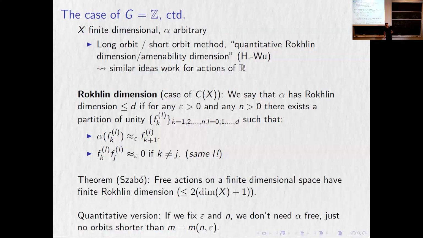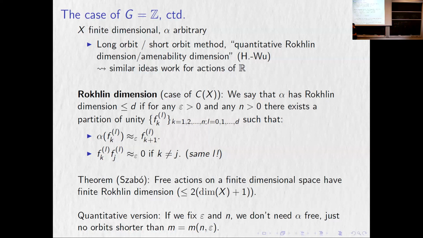And then you say, okay, what do I do? I can break up my space in two. I have an open invariant set consisting of all the points which are acted on either freely, or at least they don't come back until 1 billion years have passed. And you have the ones which have a small orbit. The ones which have a small orbit form a closed invariant set, and then we somehow deal with them separately.